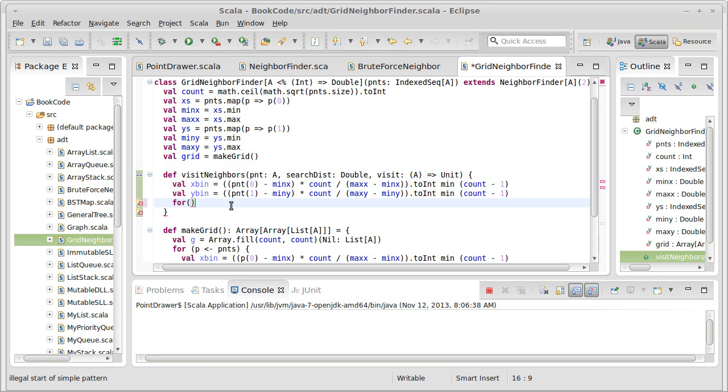So this calculates where this is located, and then I want to have a for loop that's going to have two iterators. And actually, the way that I prefer to do this, let's do this way. For x in x bin minus 1 to x bin plus 1, if x is greater than or equal to 0, as well as x is less than count,